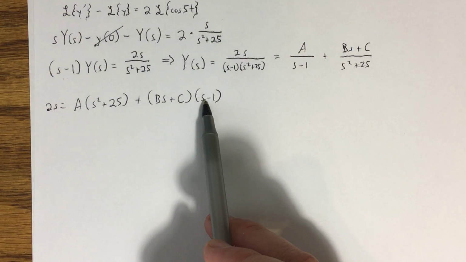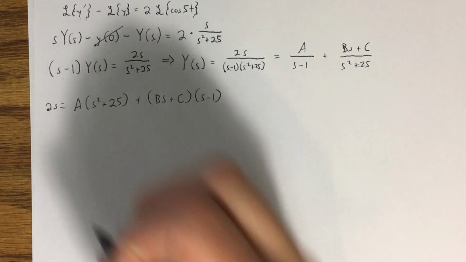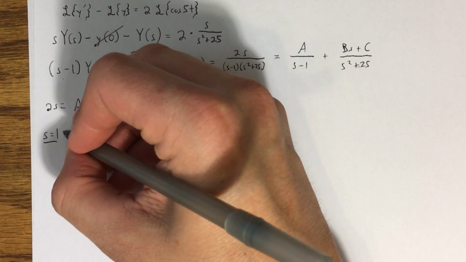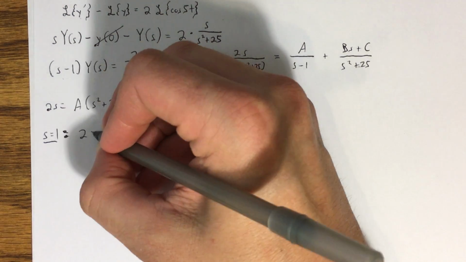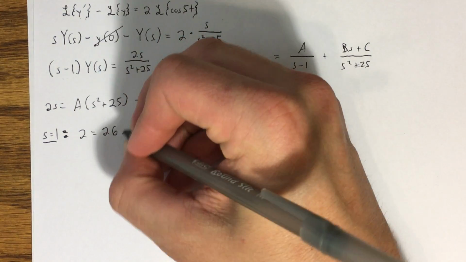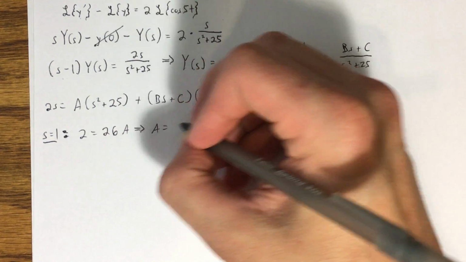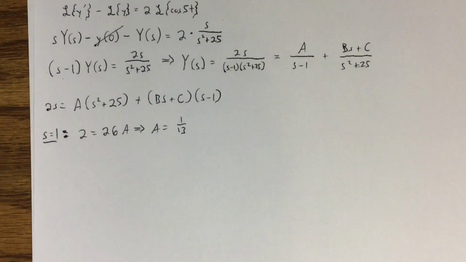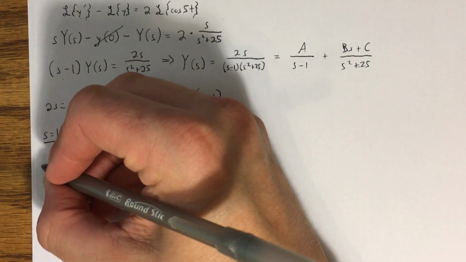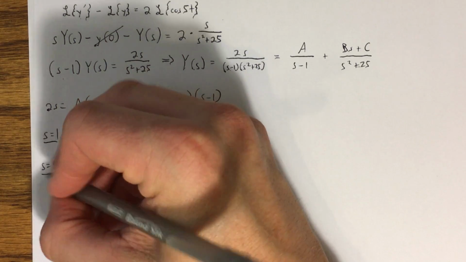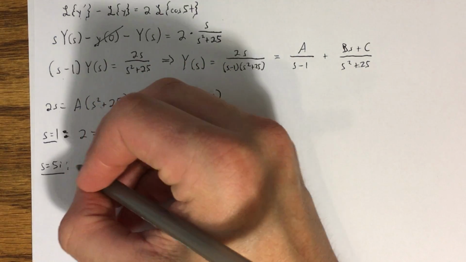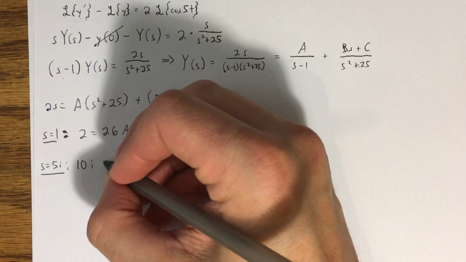If I plug s equals 1 in, I'm going to get this entire term going to 0, which is good. s equals 1 will give me 2 times 1 on the left side, which is 2. Plugging a 1 in here, 1 squared plus 25 is 26, so this becomes 26A, implying that A equals 1/13. As before, plugging in an imaginary number is helpful. If I plug in s equals 5i, that's going to cause this term to go to 0. Plugging 5i in here gives me 10i, and that's equal to